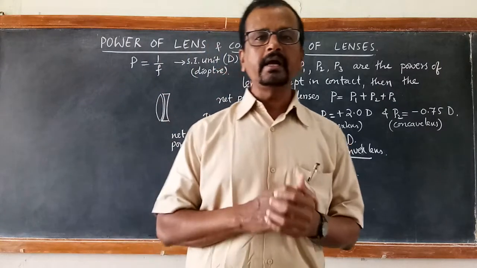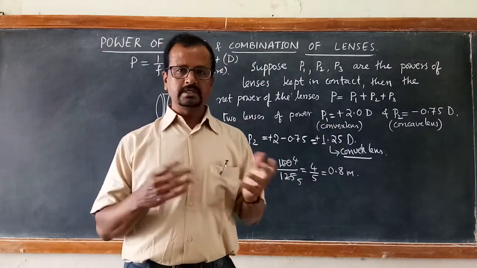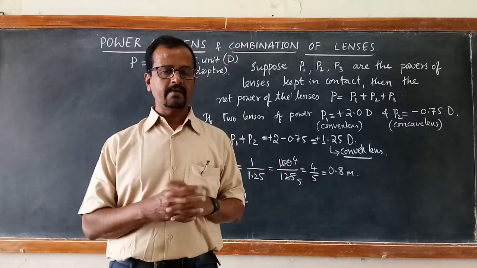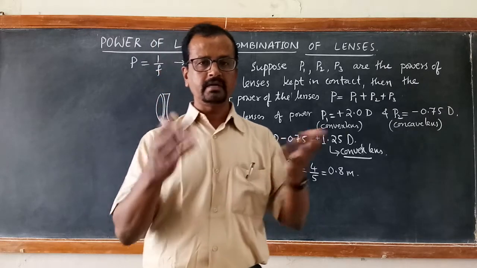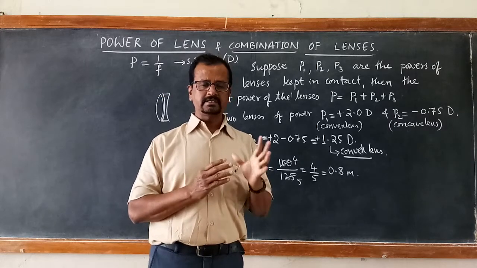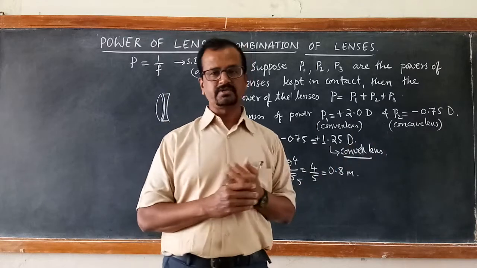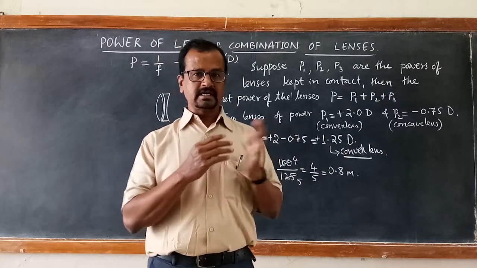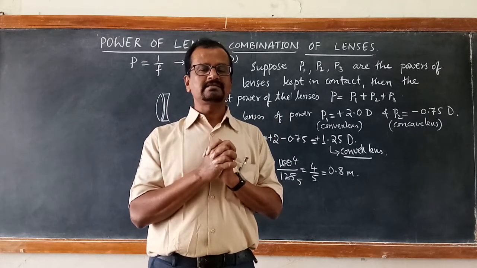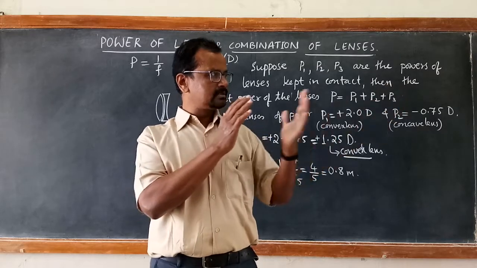Why should we learn about combination of lenses? Look at this. You will be using a camera. Now cameras are quite common. Every mobile is having a camera. I am in front of you talking to you with the help of this video camera, right? So the cameras can be adjusted for long distance pictures as well as short distance pictures. How is this adjustment being done? So there is a lens combination in the camera lenses. With the help of combination of lenses, the focal length can be adjusted.